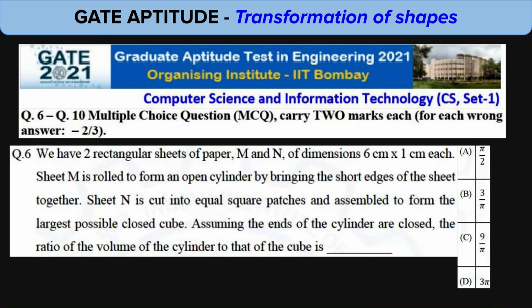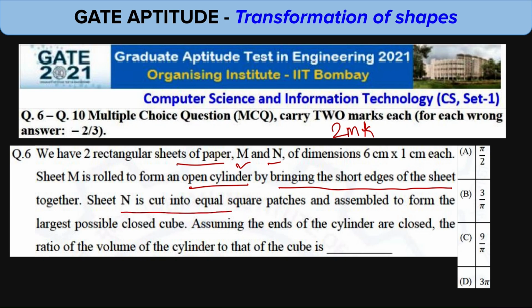Okay, so this question came in 2021 in CS paper and it is a 2-mark question. So let's see that we have two rectangular sheets of paper M and N, okay, of dimension 6 into 1 each. Sheet M is ruled to form an open cylinder by bringing the short edges of the sheet together,